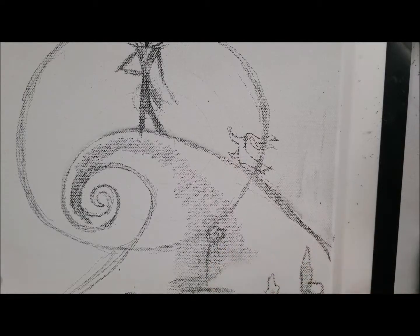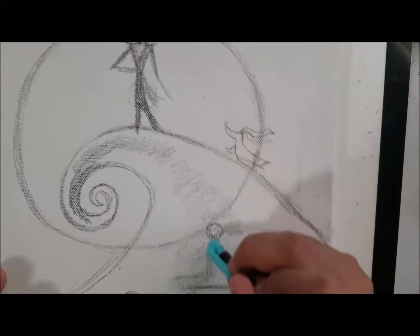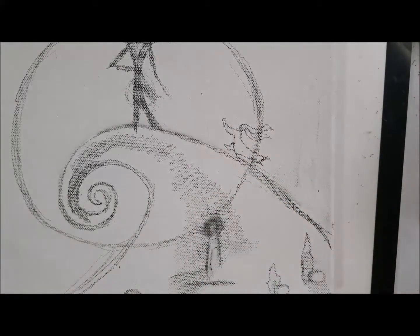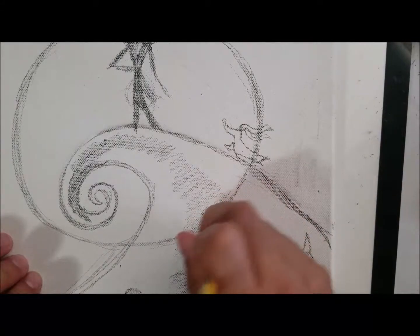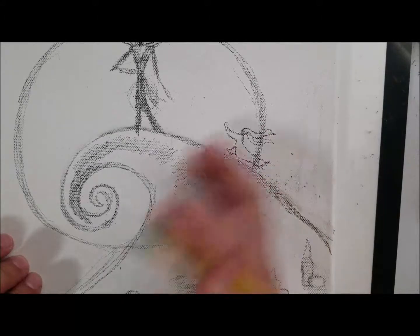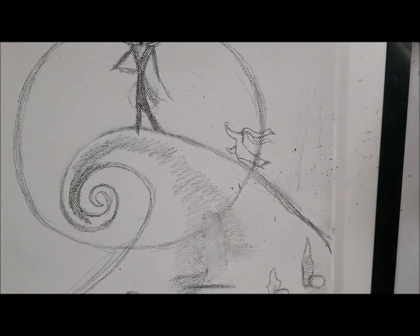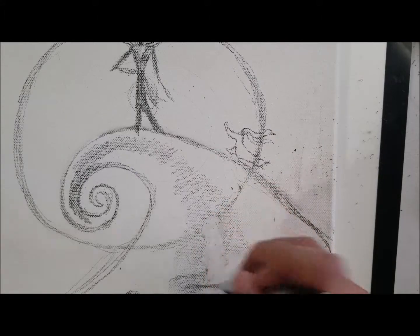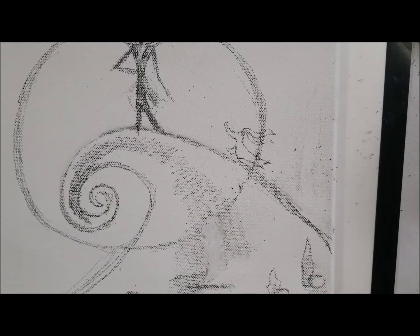Now we don't have to go to a lot of detail. I'm gonna erase some of this. If you want to add Sally, that's fine. If you don't, it's fine too. Oh no, I need a better eraser. Let's see, I need a better eraser. I can't find one. I think that's good. See, we can have her, if I do a bench,